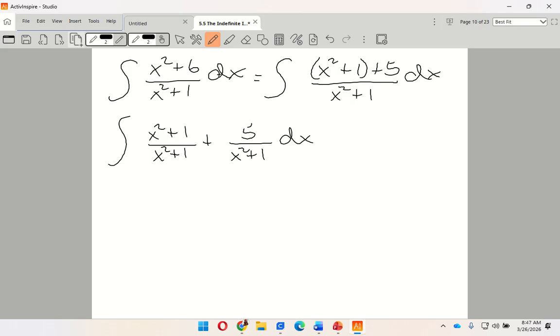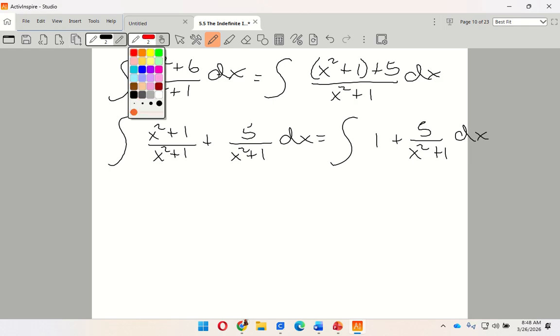Now, my integration is going to look like this. Same top and bottom, I get (1 plus 5) over (x squared plus 1) dx. Now, is that manageable? Yeah, that's a lot easier now, isn't it? So, integration of 1 is x, plus 5